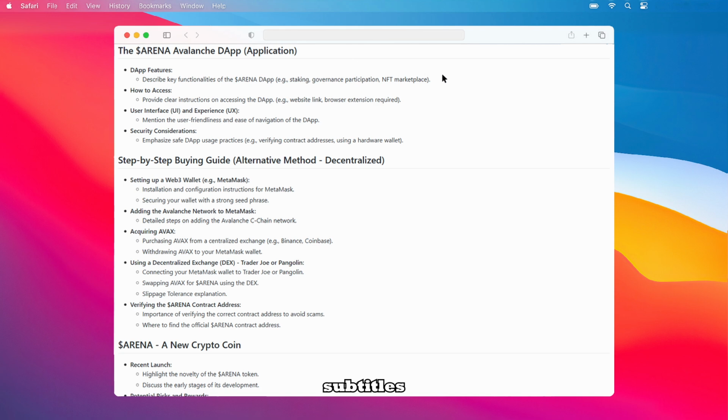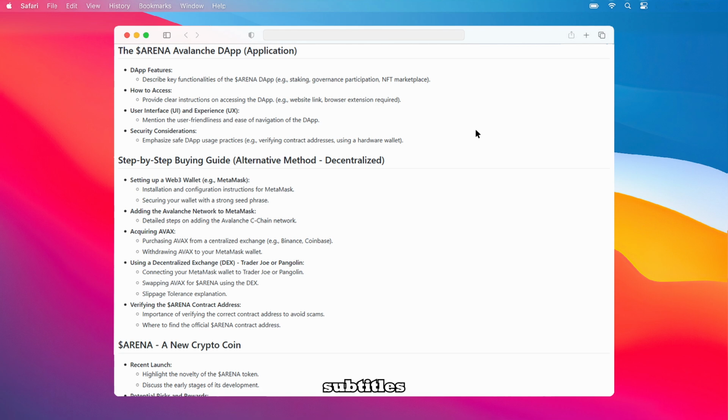If you prefer an alternative, decentralized approach to buying, we'll cover that too. First, we'll walk you through setting up a Web3 wallet, like MetaMask, including installation and configuration instructions, and emphasizing the importance of securing your wallet with a strong seed phrase. Then, we'll give you detailed steps on adding the Avalanche C-Chain network to MetaMask so that it can interact with